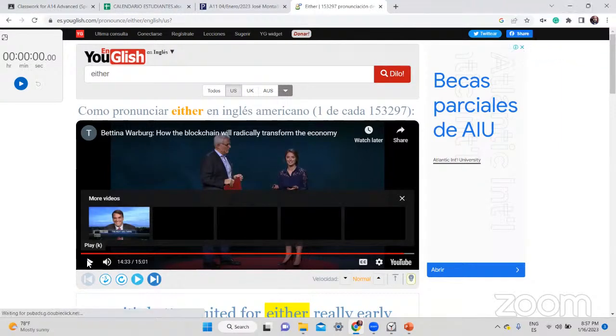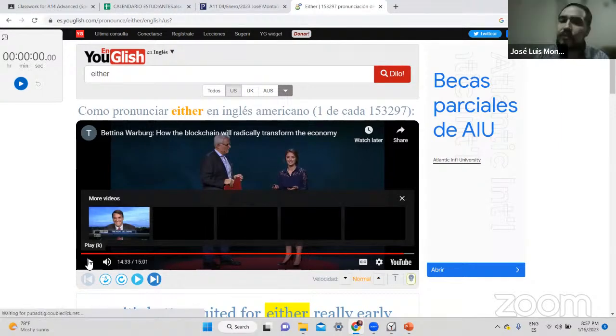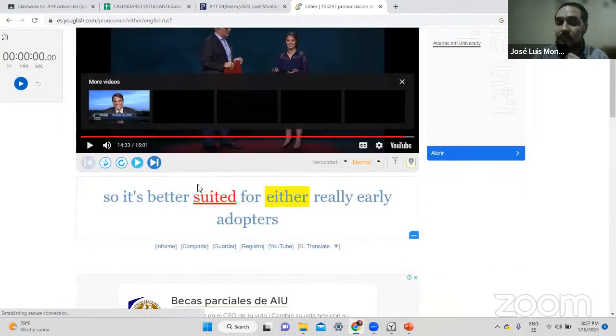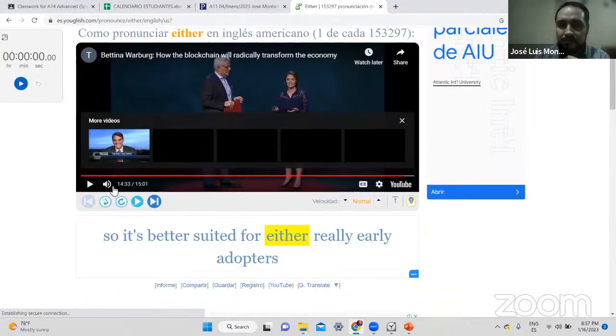Either? Yes, correct. You also use either in the United States, but only in some states, some places. But the most common is either. And either is more common in the UK. And you're going to see here, sometimes you can listen to either and either, but most common is either. Let's listen to some of them. This is the US.